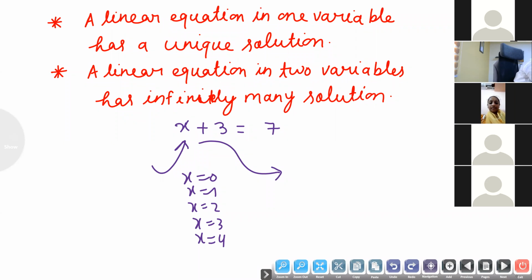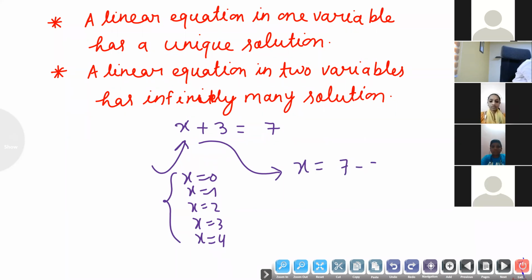Now this question we can solve using the trial and error method. If you are solving it another way, that method is called the transposition method. What is the meaning of transposition? If I want to transpose a variable or constant from one side to the other side, that is called the transposition method. Now x plus 3 is equal to 7, then x is equal to 7 minus 3. Why minus 3? A plus quantity becomes minus, then x has come 4.